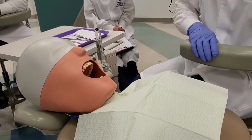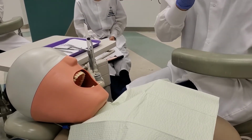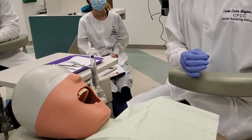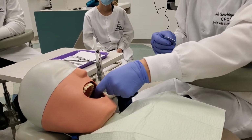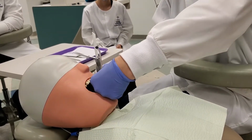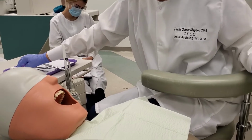So the first part of the assessment, you have your armamentarium up on top. You want to make sure that you have your gauze, your dry angles. Is everyone familiar with the dry angles? No. Okay. These are used for moisture control, so we're trying to keep everything nice and dry in the patient's mouth. Anything absorbent works, and this one is designed to cover the Stenson duct, which is your salivary gland near your cheek. On a real person, this would stick right to the cheek. The shiny side faces out, and the other side goes up against the tissue. This is a triangle, and they come in different sizes. You'll also have your floss,